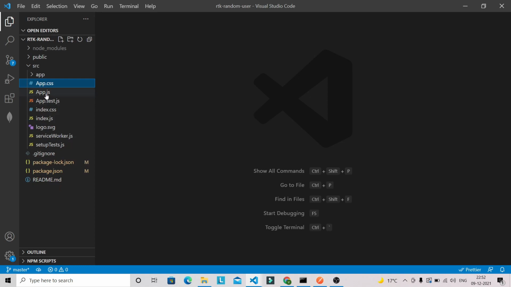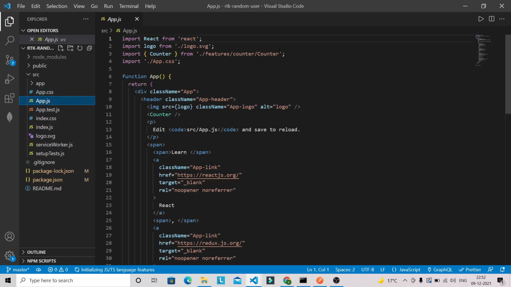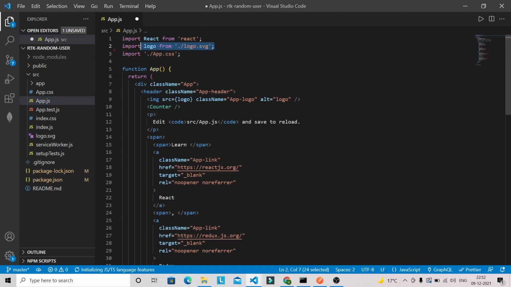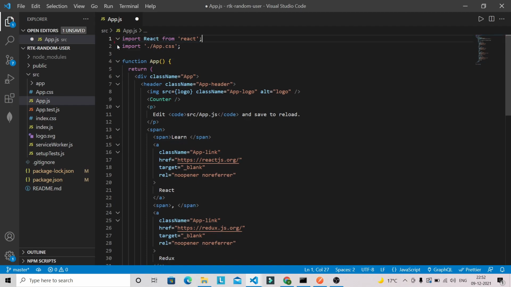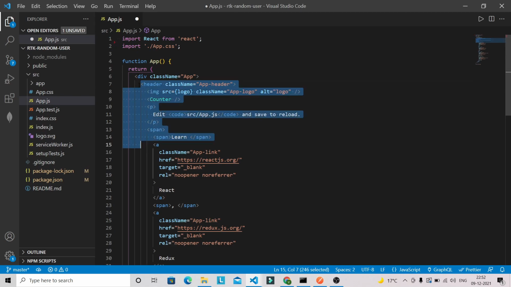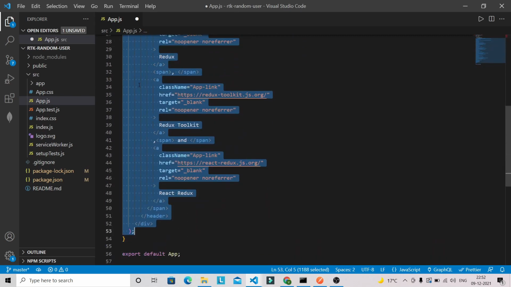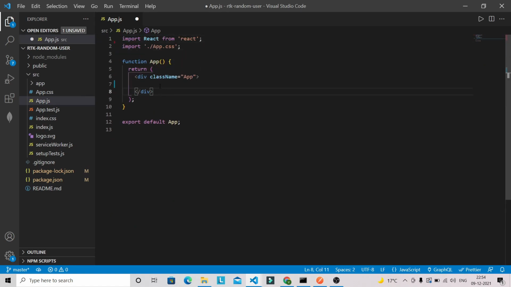You will get some errors, so let's remove all the imports which are coming from the features, and the logo we are also not going to use, so let's remove this one as well. And from the header let's remove everything, and let's keep the heading like random user for now.